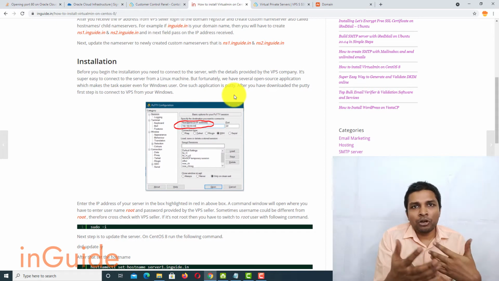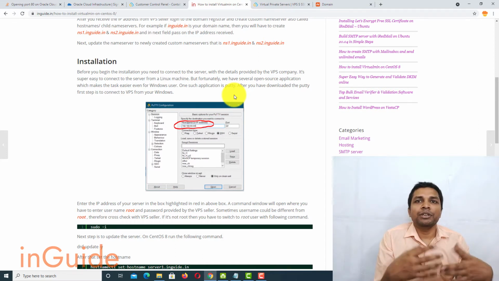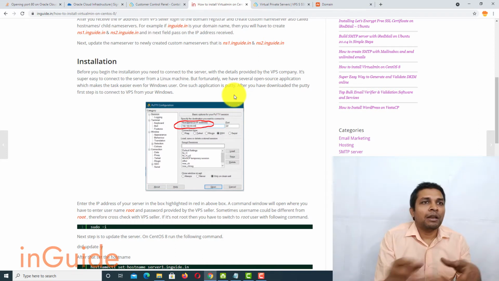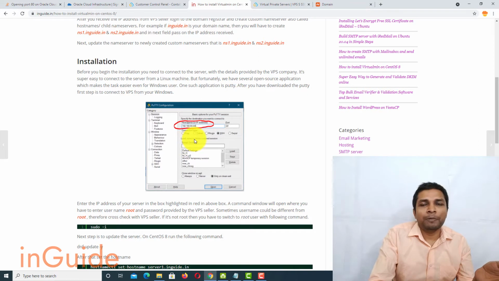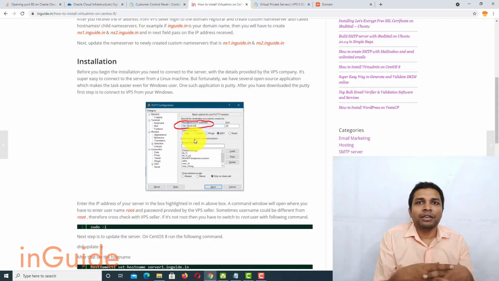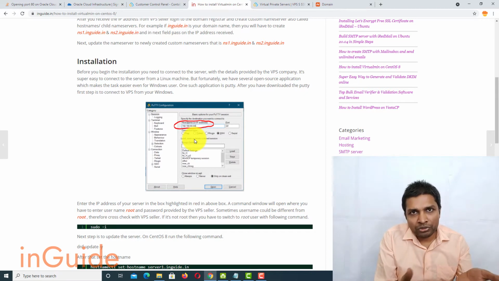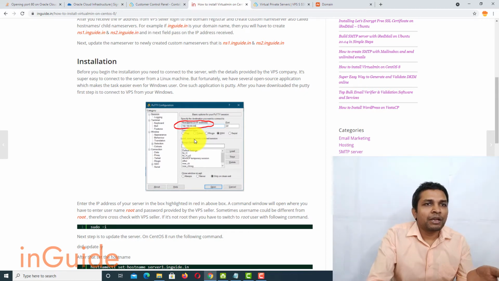Now you have a couple of ways in which you can connect to the server. If you are on a Windows machine, then you need a special SSH client, like this one called PuTTY. And if you are on a Linux machine, or if you are on Mac OS, then you can use your terminal. Since I am on Windows, I am going to show you how you can connect from Windows